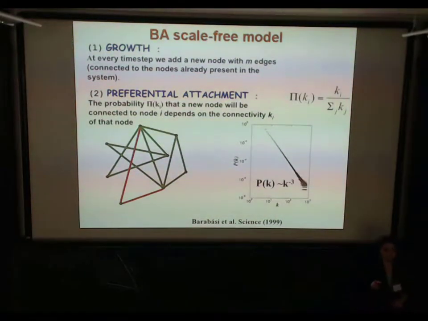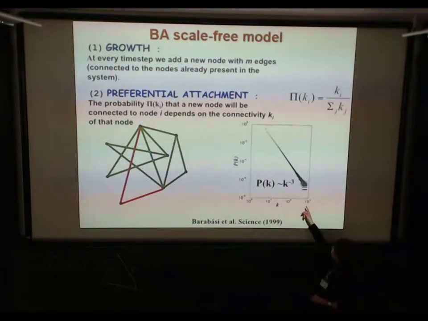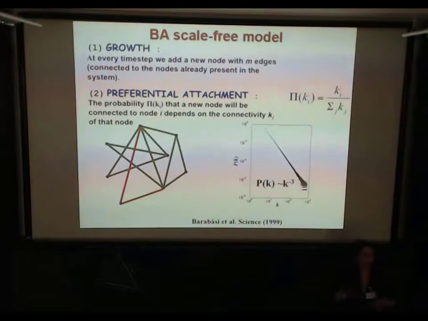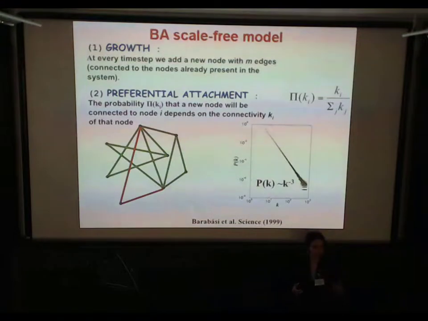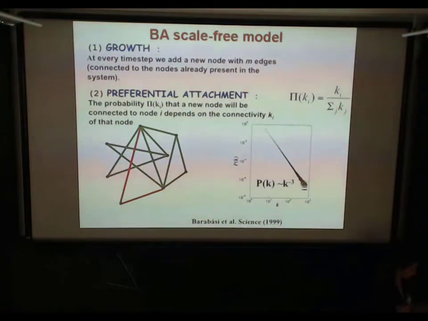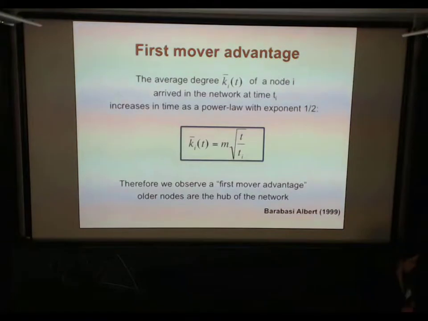And just these two elements give a scale-free distribution. Of course, the exponent is 3 and is not changing, while in a real network you observe exponents that go from 2 to 3. But actually, this is not a real problem. You can modify these dynamics to generate a network with a different exponent in the interesting range.